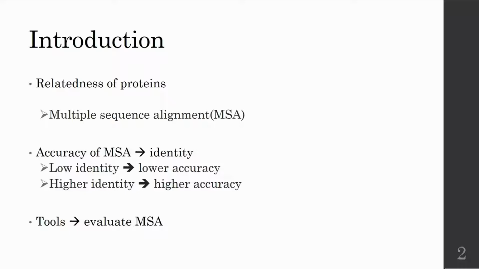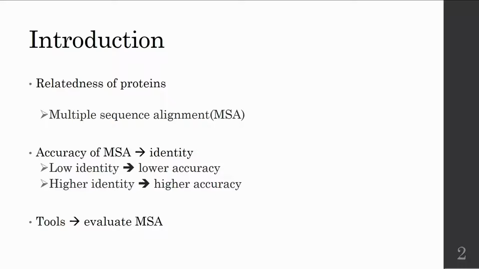Now, something that is very commonly used is multiple sequence alignments, which is aligning multiple sequences, be it nucleic acid sequences or protein sequences, amino acid sequences. Then you align these, or you try to align these in the proper manner, and see if they share any